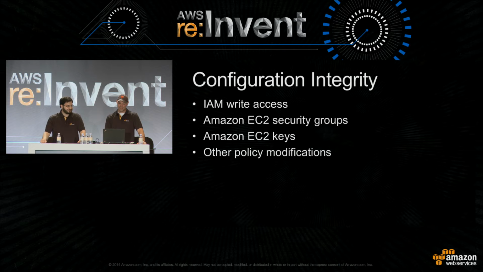So when you're looking at these policies, you're going to be wanting to pay a lot of attention to the effect of the credential that may have been exposed on the integrity of your configuration. Write access within the identity and access management product is something that you're definitely going to want to pay close attention to. That's things like user creation or put policy, which can change other policies in the system. Changes to EC2 security groups, changes to EC2 keys, changes to policy and other services like S3 put bucket policy. These are things that will cause you to have to look more carefully at the configuration if you were to have these abilities on a credential that was exposed.